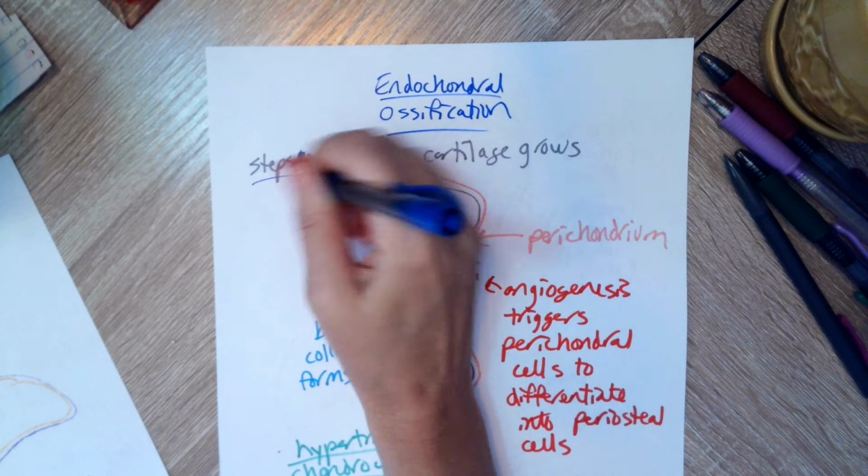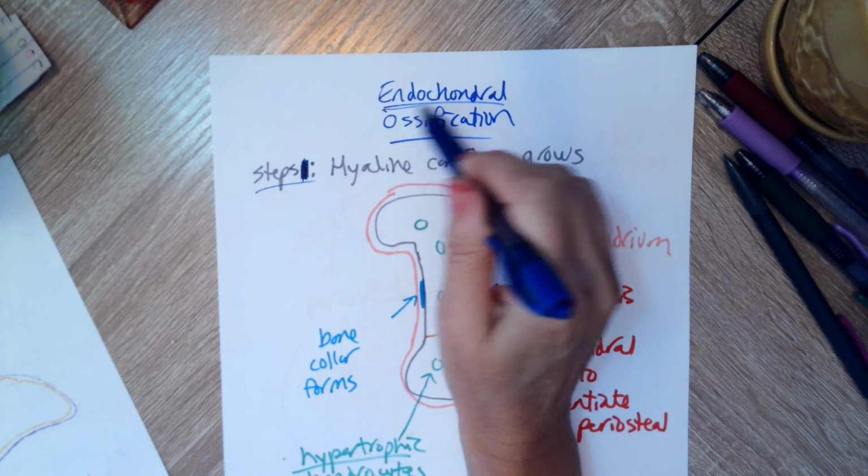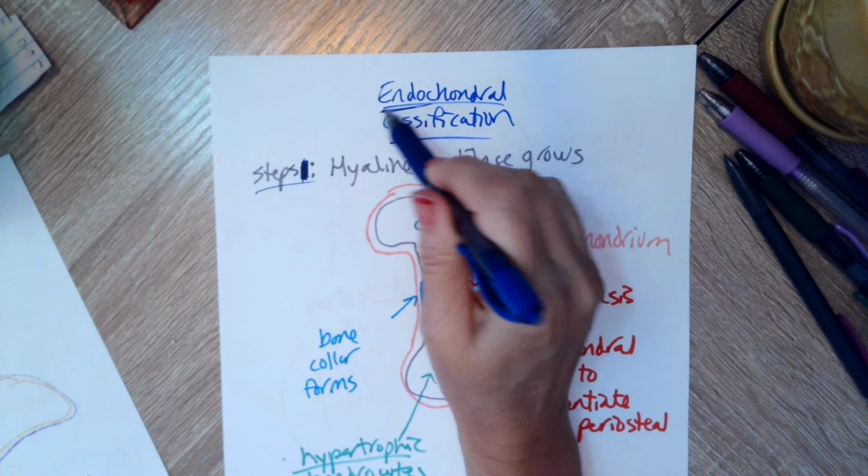So just steps without a number on it. With endochondral, and the word tells you that, endo means inside, chondro makes you think of cartilage, so we're turning cartilage from the inside into bone. So here is, I'm going to just use the femur as an example because it's an easy bone to draw. Here's a piece of hyaline cartilage in a fetus, kind of roughly shaped like a femur, and it's going to